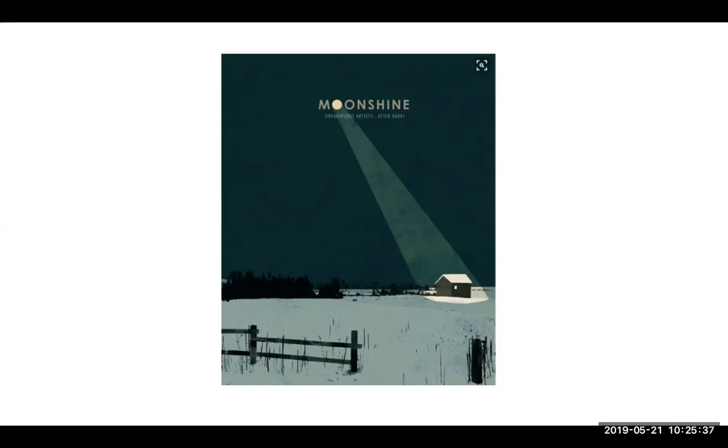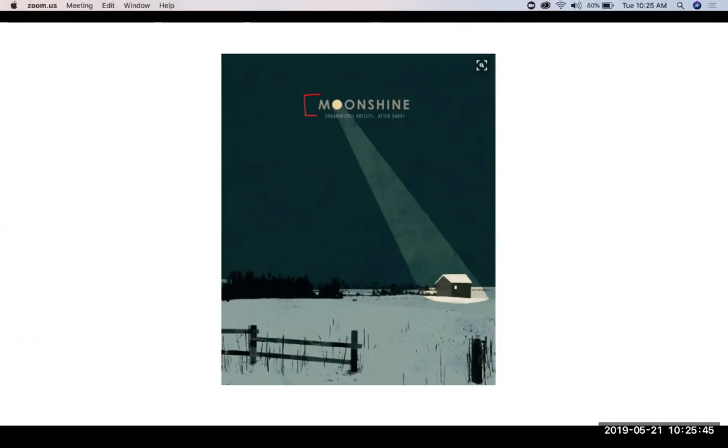Okay, so here's an example again. And you can see that the alignment is really showing up in particular right here. So we have the moon, and then we have this kind of single beam of light that is bouncing your eye into the cabin. And what's very interesting here, so this is probably the most obvious because we have a color shift happening with the background. But what's interesting here too is